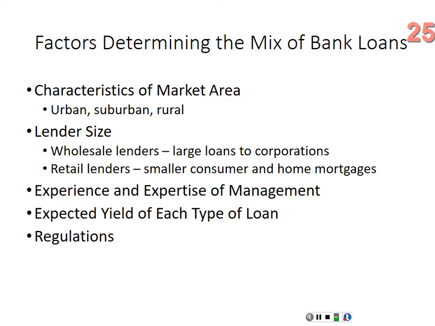Now, the size of the lender, you've got a couple of different kinds here. You've got wholesale lenders. They typically make large loans to large corporations. So they don't make many loans, but they make loans in the millions of dollar range, anywhere from $1 million to $200 million for one loan. Retail lenders, these tend to be the types of banks that we think about that are located around Western Kentucky. Okay, so they're going to make consumer loans, home loans, and or commercial and ag loans. It just depends on the bank.